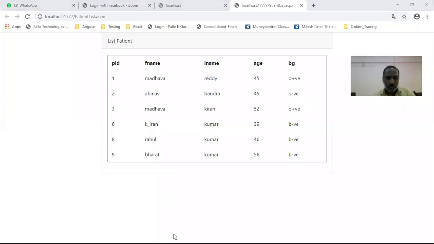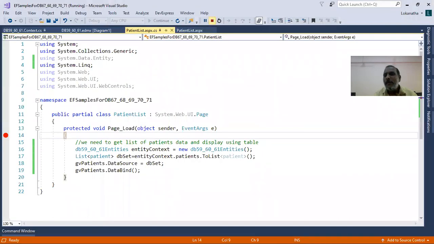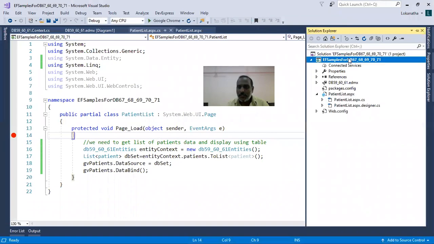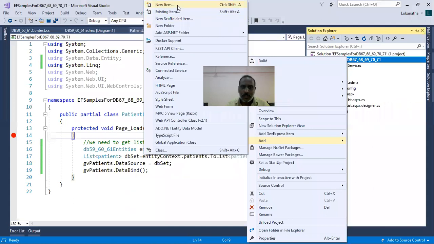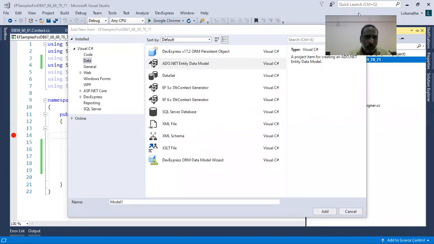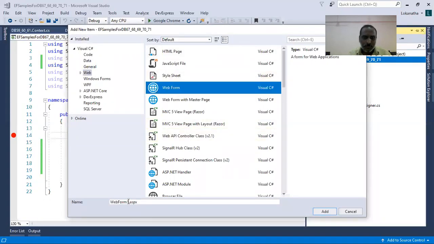For that, let me go here, Solution Explorer, add a new page. Click on add new item. Go to web, select web form.